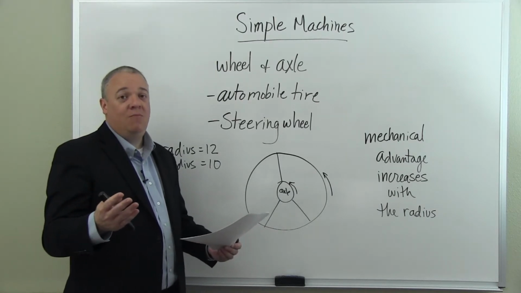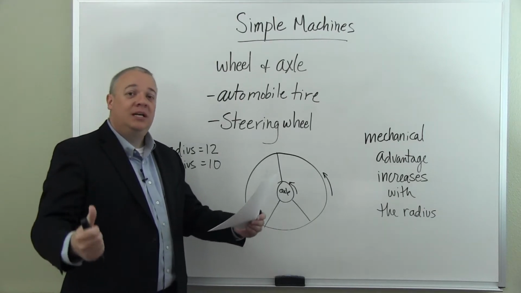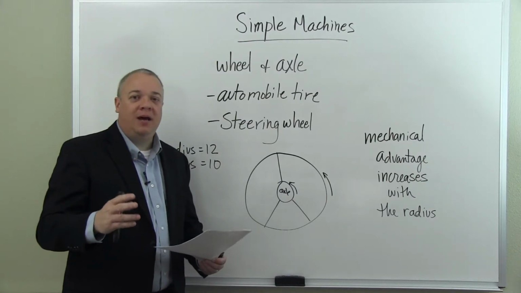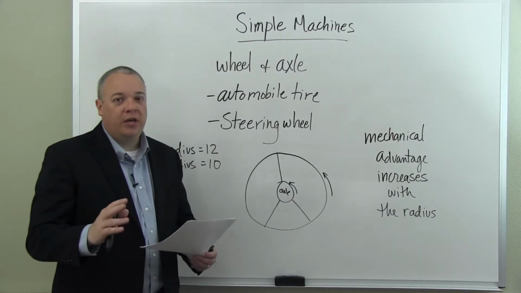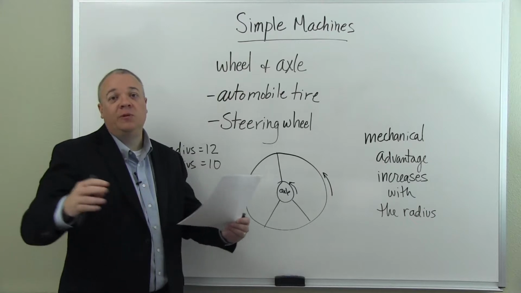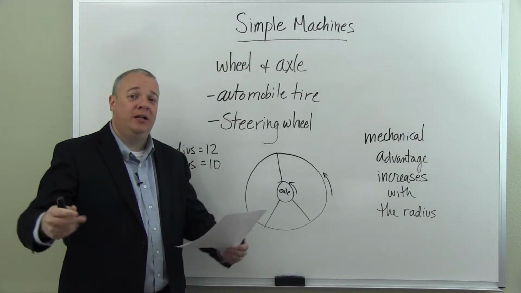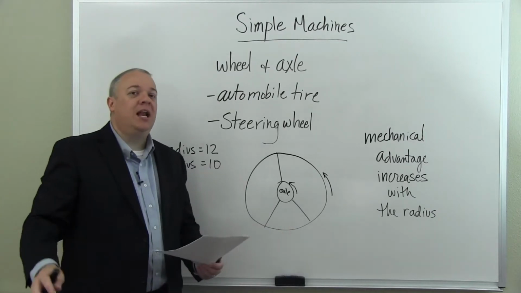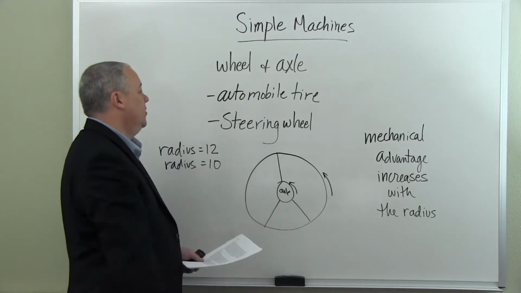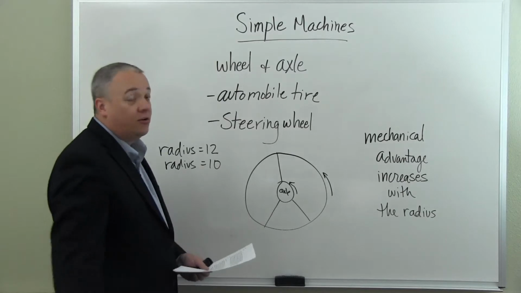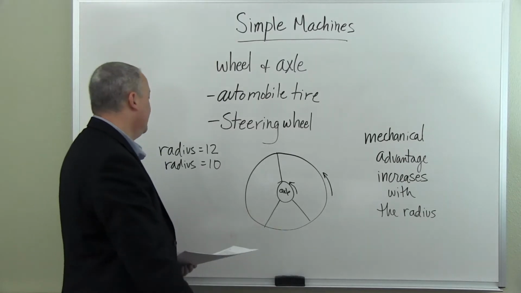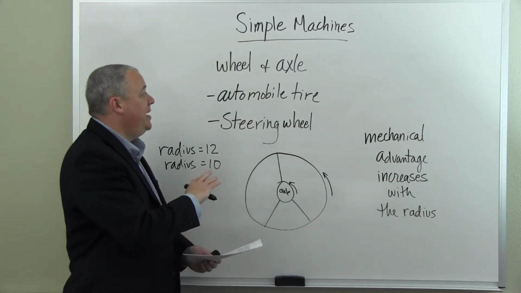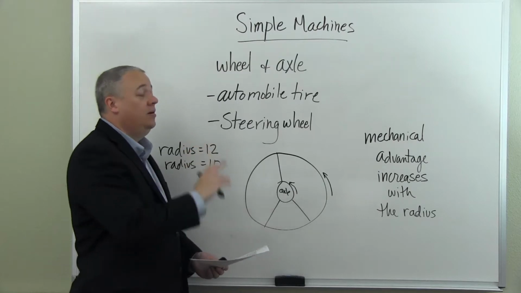And in the same way, if you've got a larger wheel, it takes less force to turn it. So if you think about it, sometimes in little sporty cars, they have smaller steering wheels, but when you get to something as big as a bus or an 18-wheeler, they usually have very large steering wheels. And this is just an application of this simple machine, the wheel and the axle, the mechanical advantage increasing as the radius also increases. Well, this has just been a basic overview then of the simple machine, wheel and axle.